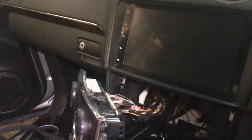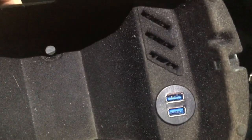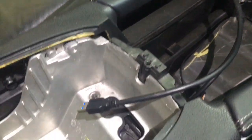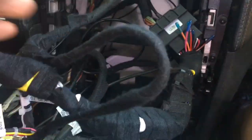So I've installed the head unit, and now I would like to use the USB connectors for the Apple CarPlay as well as music on a flash drive. I'm putting them inside this center console. So I have installed this USB adapter like that and wrapped up the cables that I will now take into the head unit connection. I've now taped it all up with cloth tape, just to avoid any rattles or